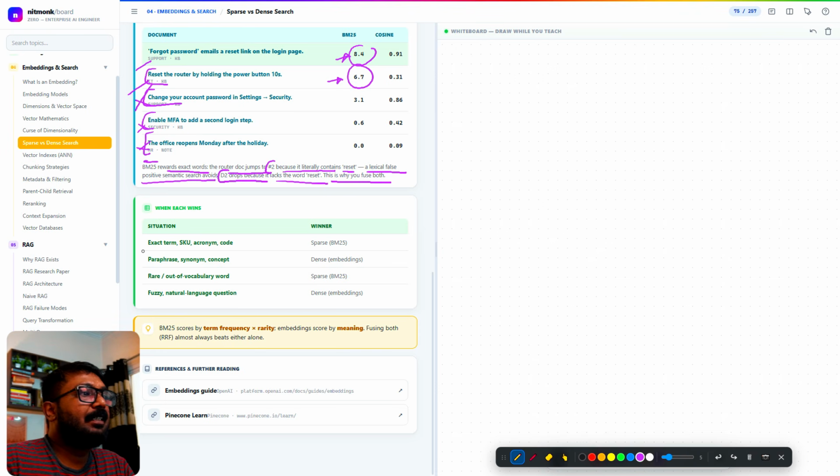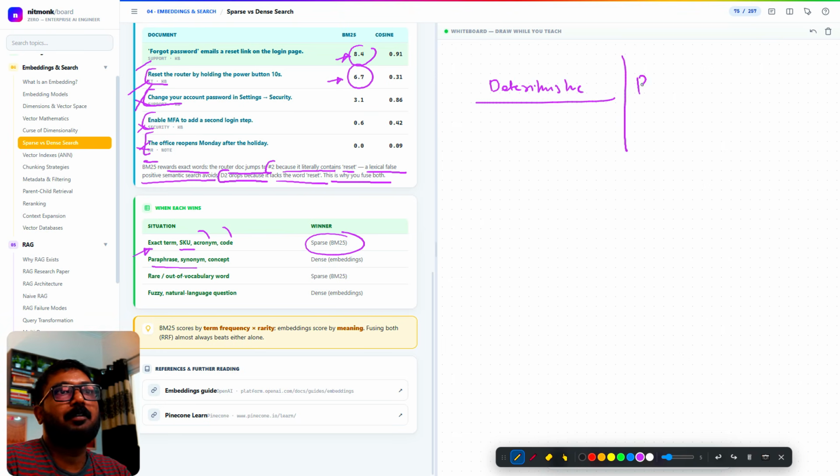So the situation is exact term and SKU. Let's say you try to build some product where you try to figure out order IDs, or acronyms or code. Then you do BM25. When you do so, everywhere you don't have to apply vector embedding. Whenever you try to solve a problem in any kind of sector, trying to build agents, you have to decide: is it solvable in a deterministic way, or do we have to solve it in a probabilistic way,